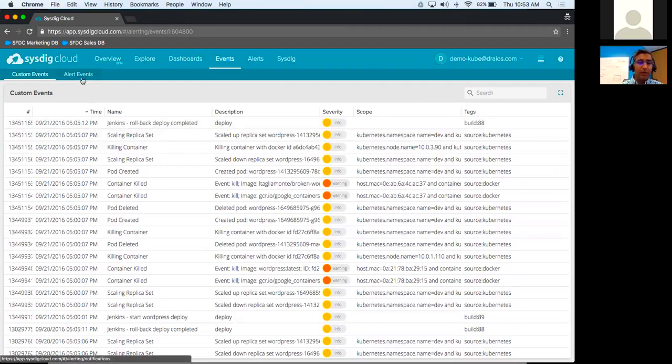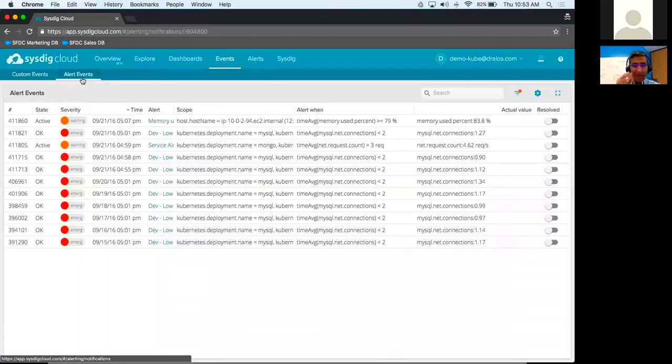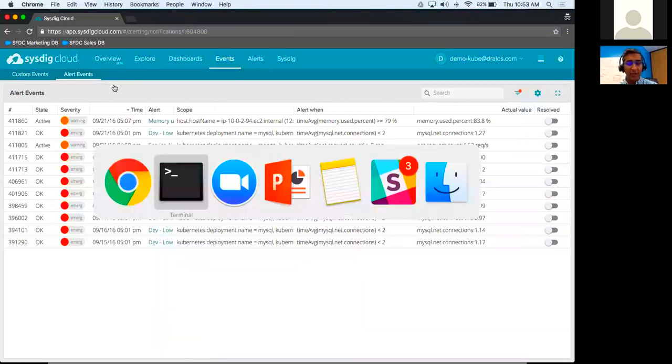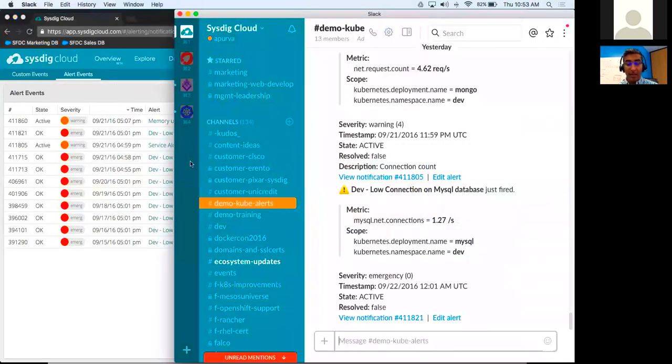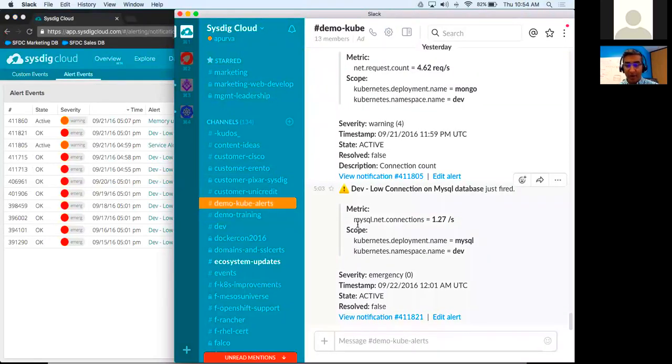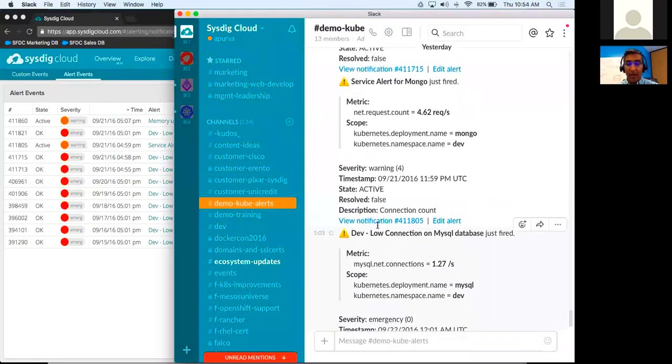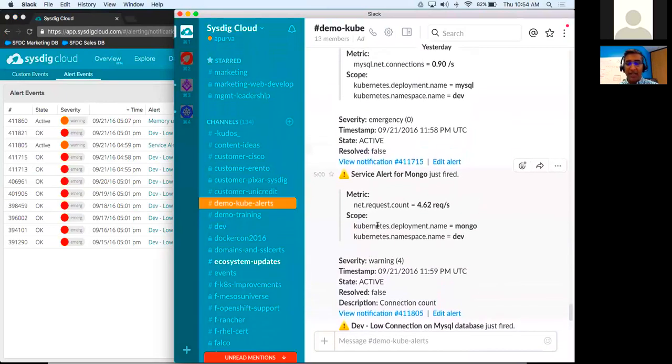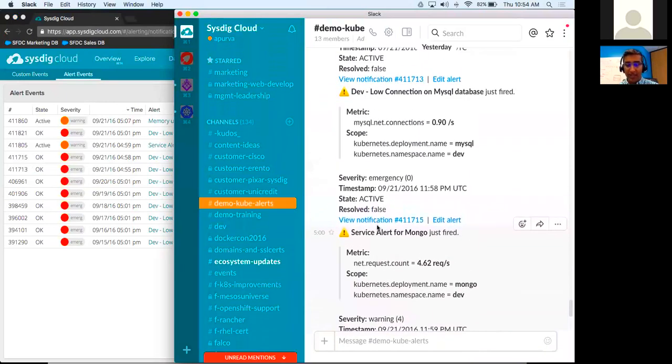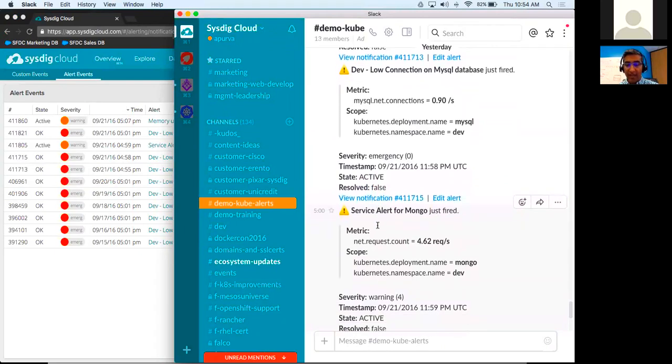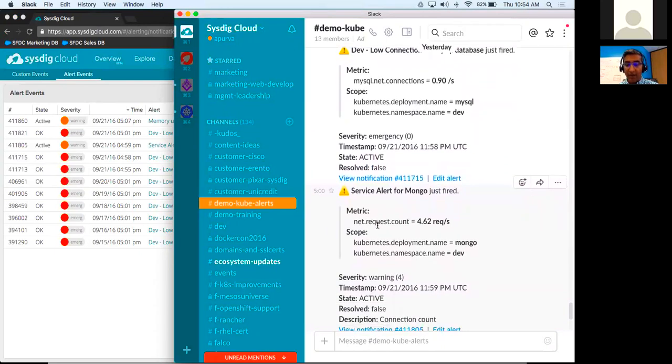So let's go explore one of these events. Let's see what happens here. And actually, maybe what we'll do instead of just exploring it from here is we'll imagine a little bit more of a complete workflow. Let me go back to my demo environment here. Here what we're looking at is our Slack channel, where we're seeing alerts that have fired in the past.